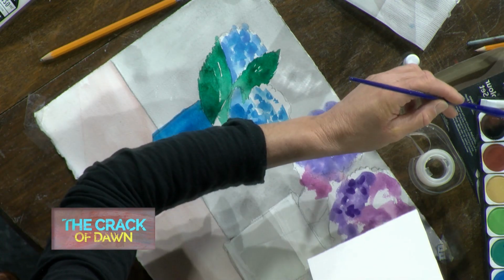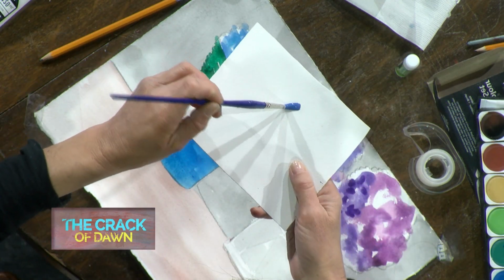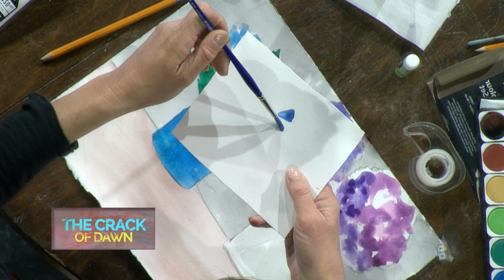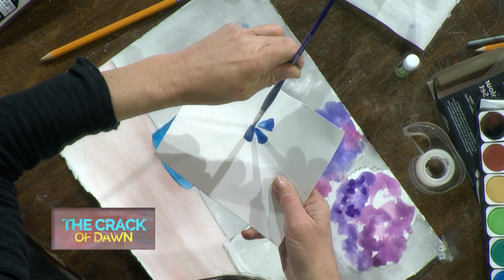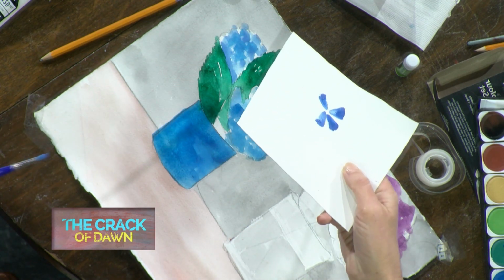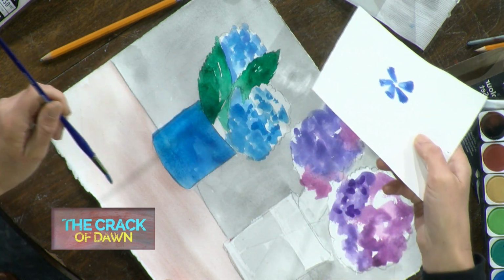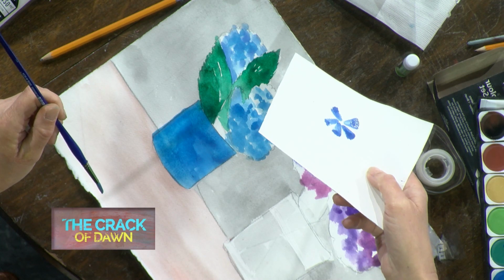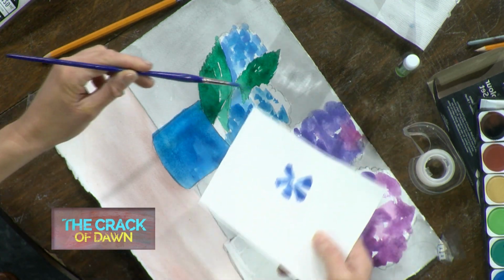Okay, watch. Now, each leaf on the petal or whatever, each petal, it has 4 of these. Okay, it might not be a heart, but when you look at a hydrangea up close, that's what it looks like. See? So everybody thinks that they have to do that over and over and over down here, but you don't,